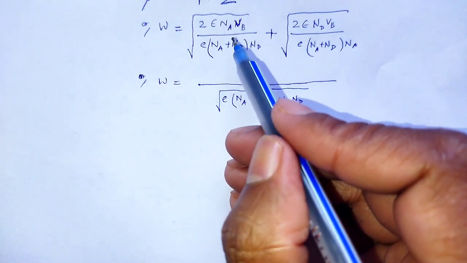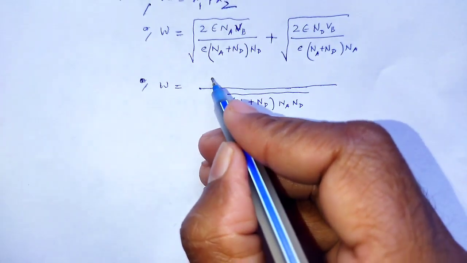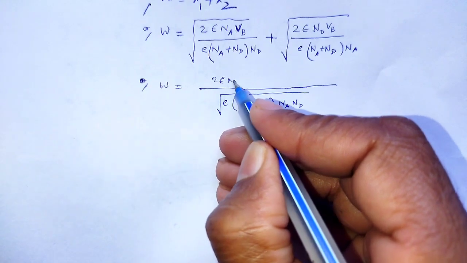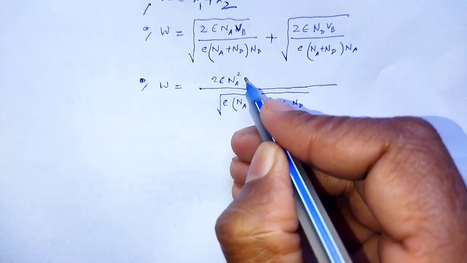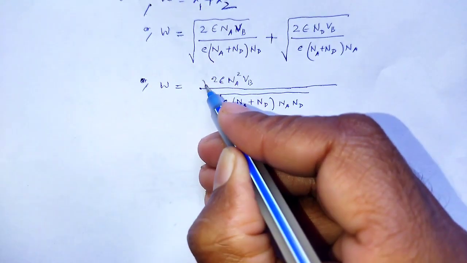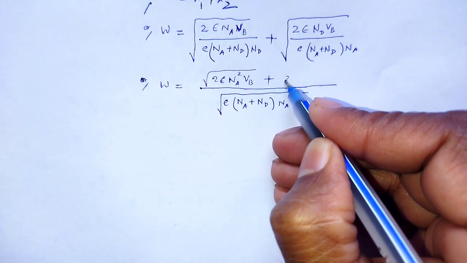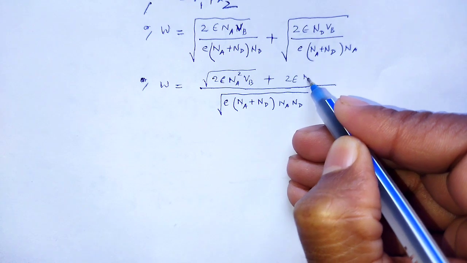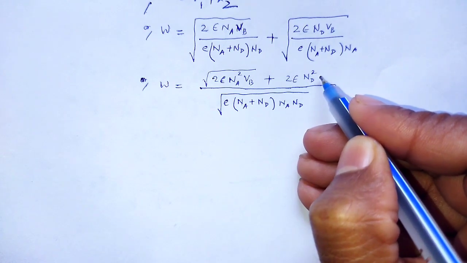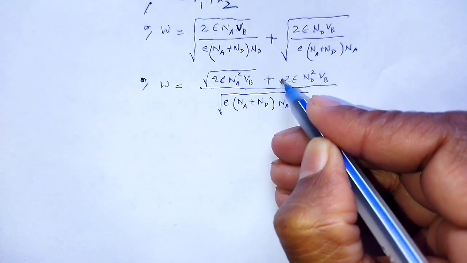First term it is 2 epsilon Na square Vb under root plus second term it is 2 epsilon Nd square Vb under root,